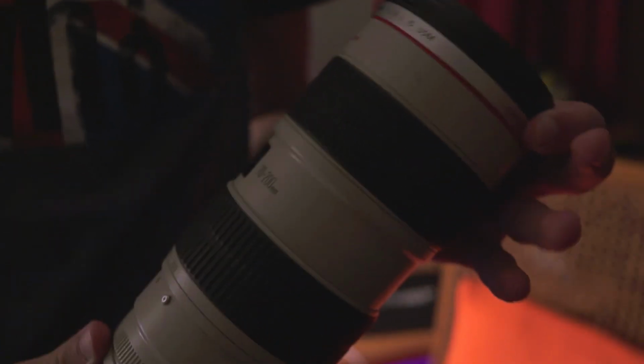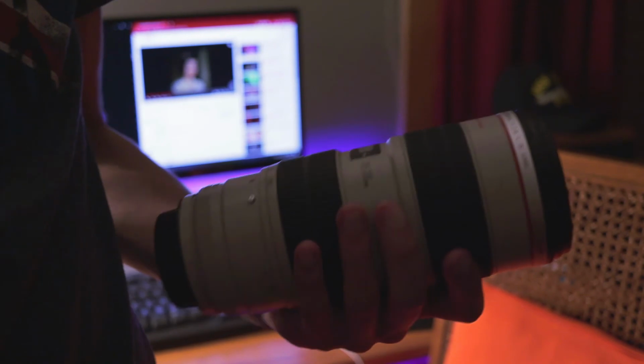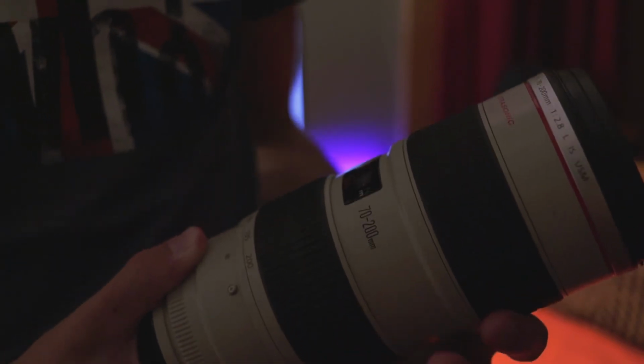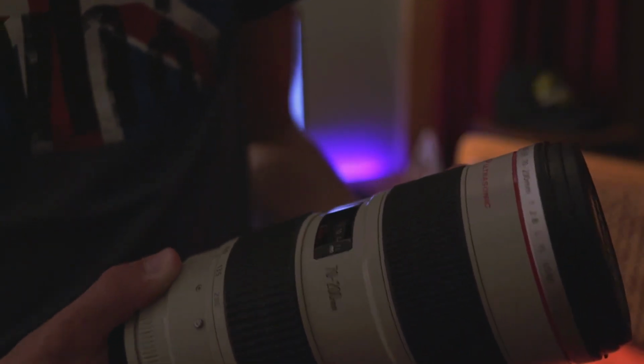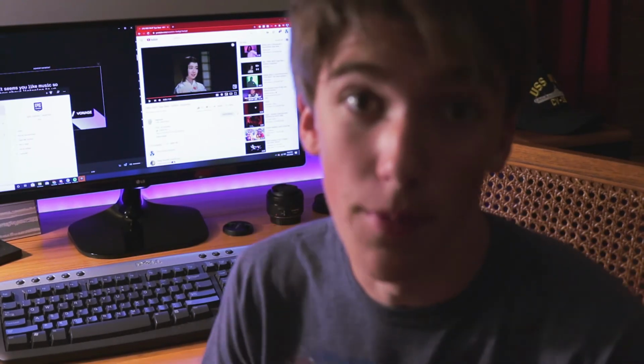Speaking of 2.8, this is a 2.8 lens. I did not get the f4 version. I like shooting low light, and plus this is an APS-C camera, so it's lacking in light. I'll explain that in a future video, but this is meant for full frame, 2.8. That also makes it more expensive, but it's so much of a better lens. 70-200mm, of course, and I'll show you some sample images of what I've gotten with it, but I highly recommend